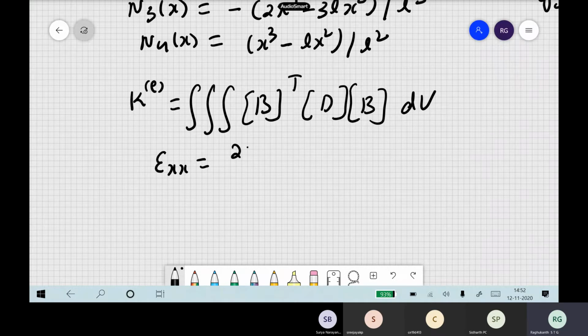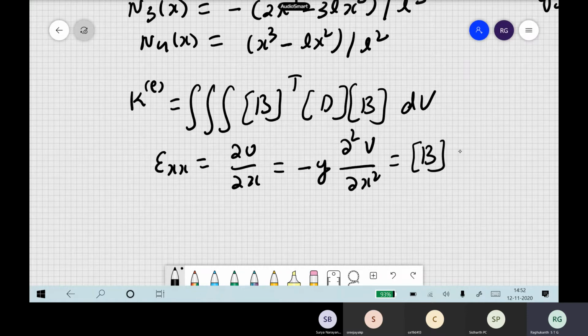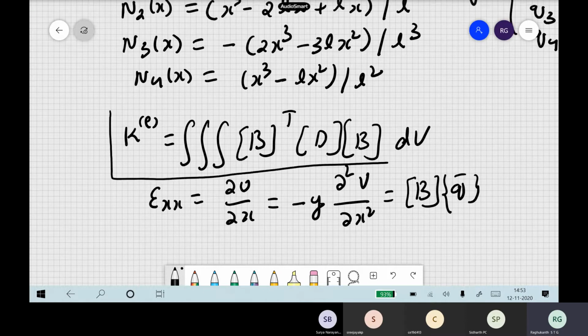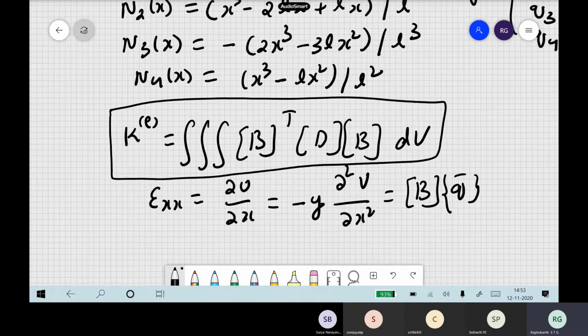So epsilon xx is dou u by dou x. This one comes because of plane sections remaining plane, you followed. So you have this q hat, and of course you can find out all these stresses and strains and other things. And I hope all of you know how to calculate this stiffness matrix also for a simple beam element. This is very important, because tomorrow maybe in your comprehensive vivas, essentially for PhD, people ask about this beam element because it's a very fundamental thing.